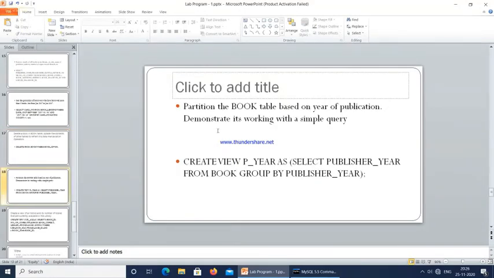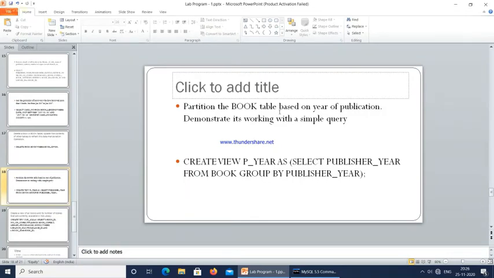Okay, next we have to partition the book table based on year of publication and demonstrate its working with a simple query. So for that, we are creating a view. Create view p_year as select publisher year from the book group by publisher year.